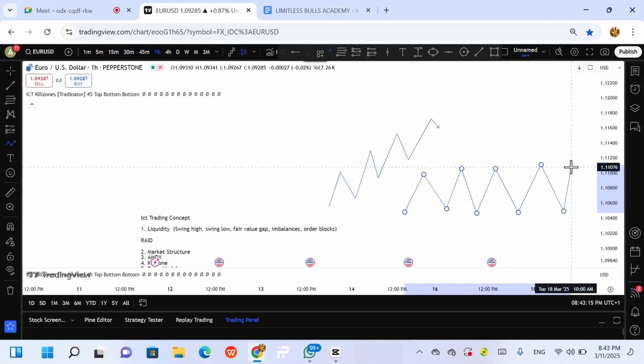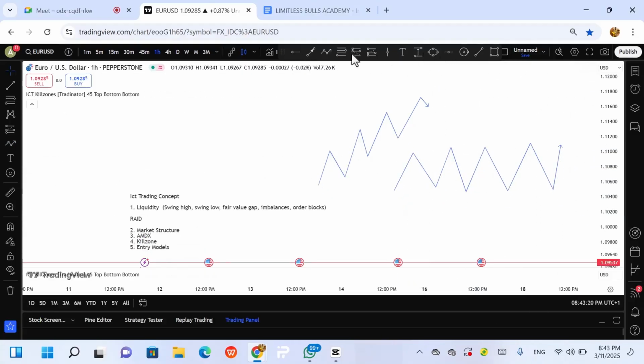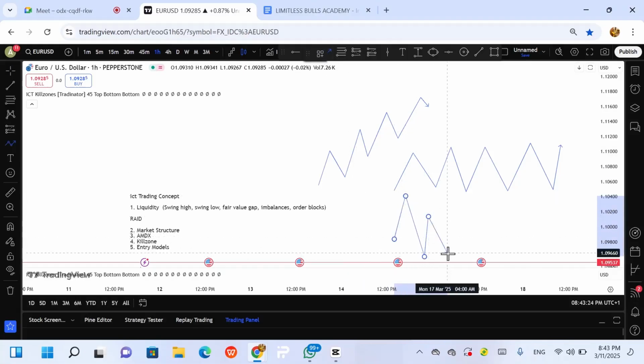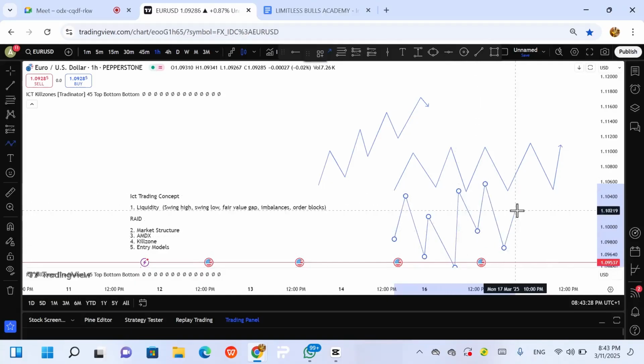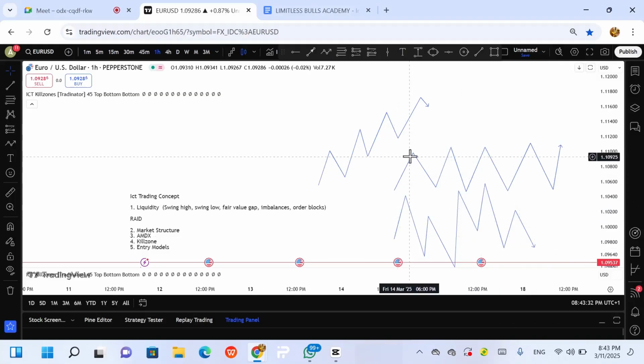You see that this one is just neat. That's how you can position to catch a trade in a ranging market. But then this is another example of a ranging market. So how can you trade this kind of market? There's no clear direction. So a ranging market is not a good place for you to be. This one is neat now. You say you can sell here, you buy here, you sell here, you buy here, and you make profit. But what of this kind of one? If you sell here now, okay, it's okay, you now buy here and you're targeting here, your stop loss is hit. You now buy again, and stuff like that.